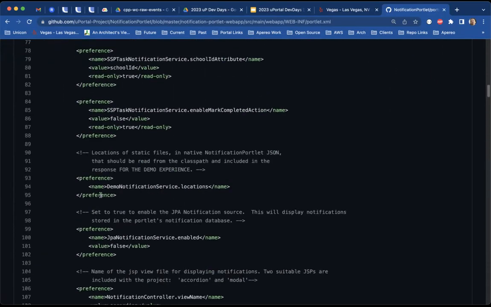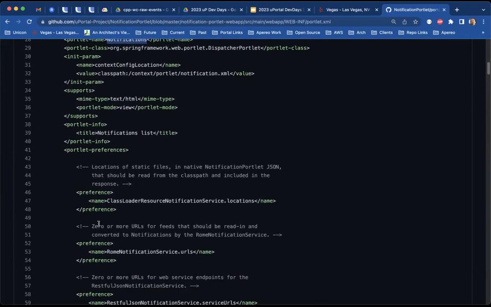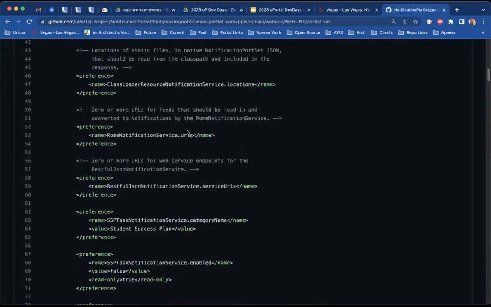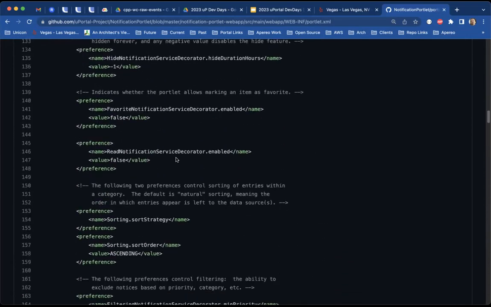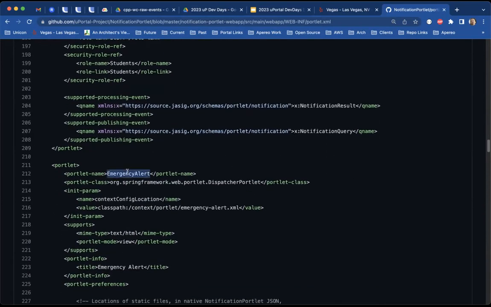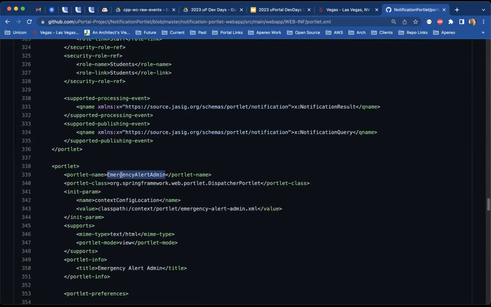Here's all the preferences. You can see when we're doing the refactor, we need to pay attention to things like, what does this locations mean? What do these URLs mean? Here's the emergency alert. So that's part of the notifications. This is a little portlet that just lets you toggle it on and off